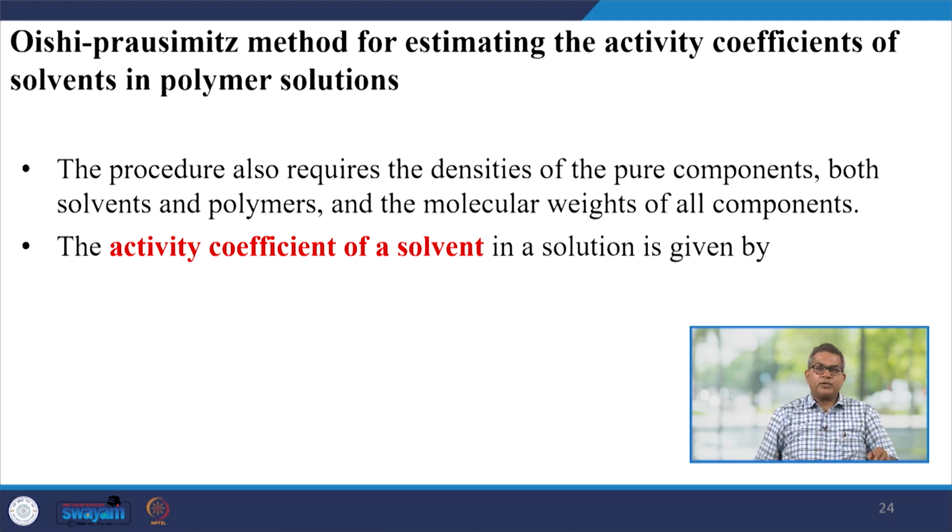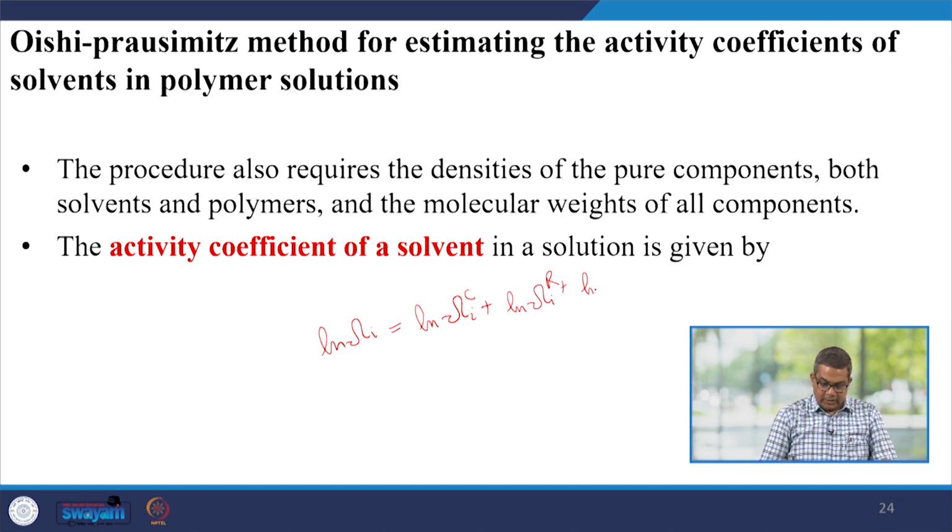So, the activity coefficient of the solvent in the solution is given by ln omega I is equal to ln omega I C plus ln omega I R plus ln omega I free volume,